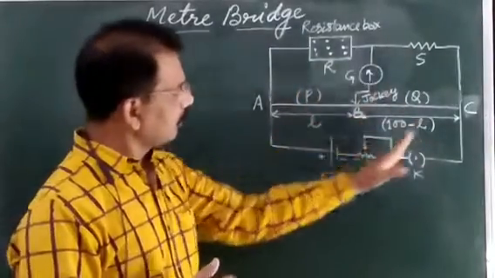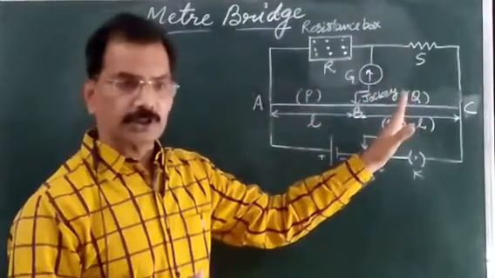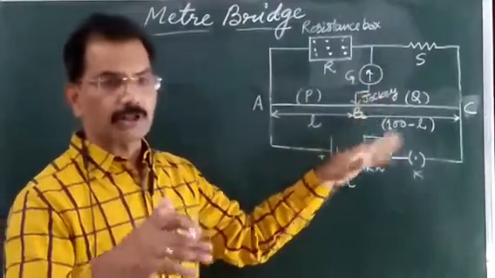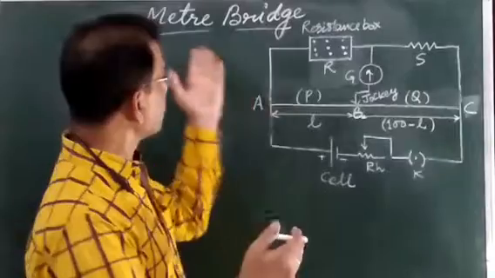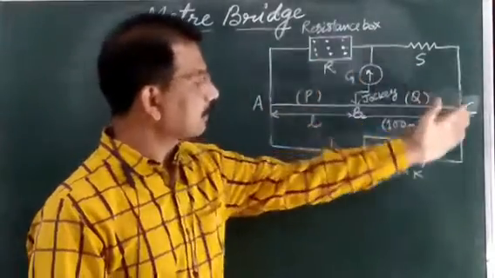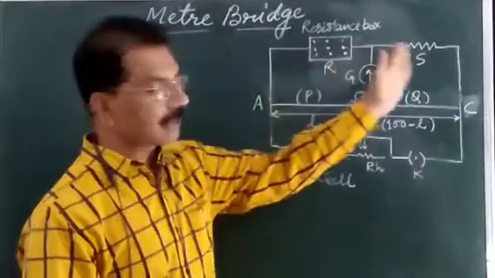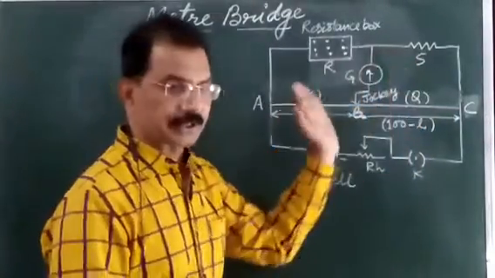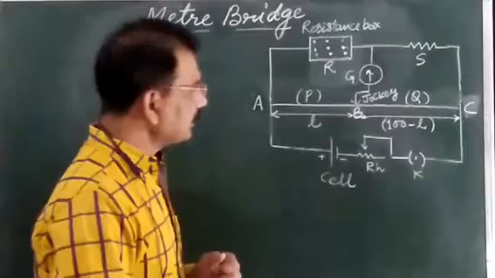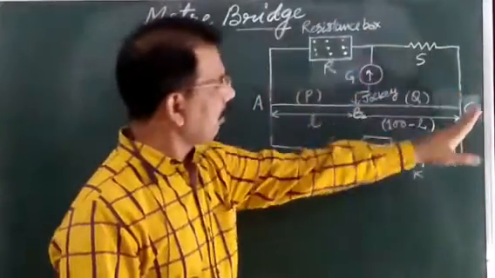And this experiment is also mentioned in your syllabus. Means there is also one experiment to find the unknown resistance of a wire by using the meter bridge. So there we will do the same type of connection. Again we will discuss this connection in the experiment. How can we connect this circuit here? Now, after connecting all these instruments,